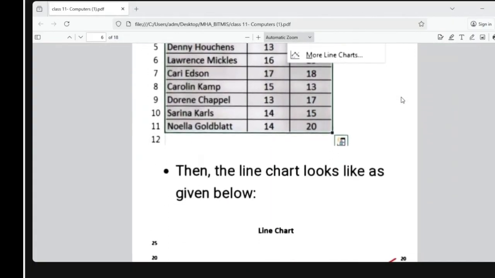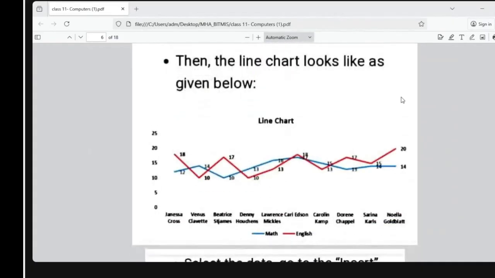The line chart looks like this. The same table will be converted into the line chart and shown in a line: the blue line for the maths marks and the red line for the English marks. The x-axis denotes the students list, and the y-axis denotes the marks range. MS PowerPoint provides multiple features that can customize and optimize the range for the presentation, and it will automatically arrange the marks.